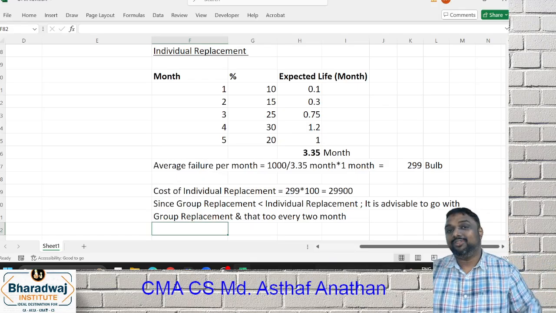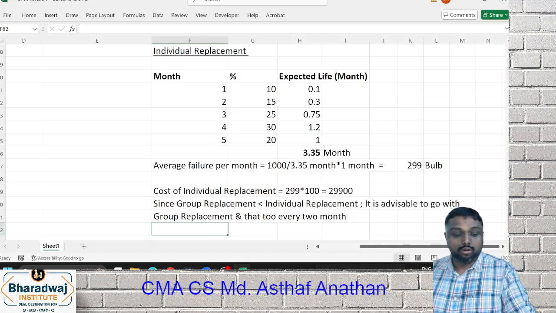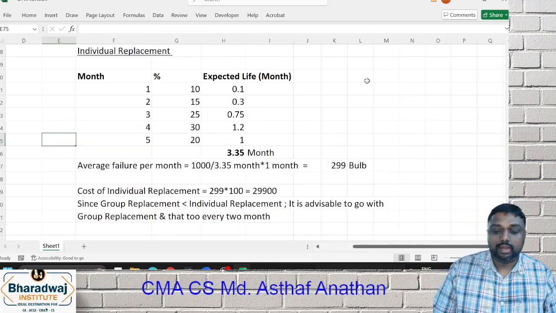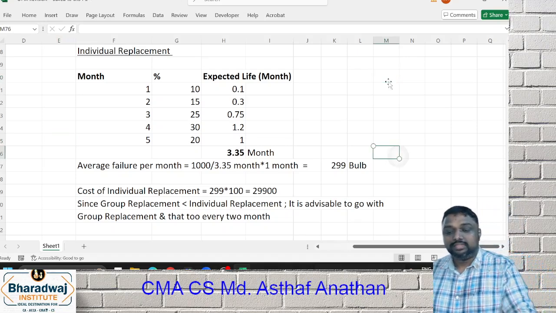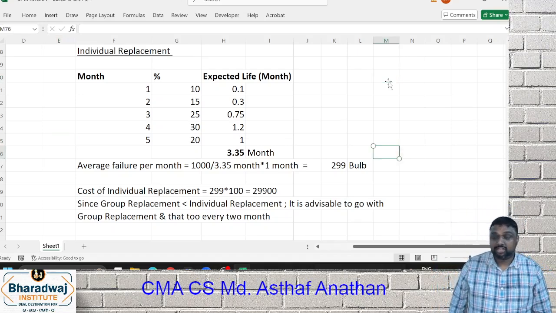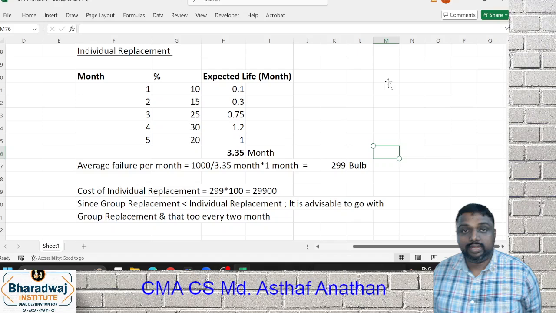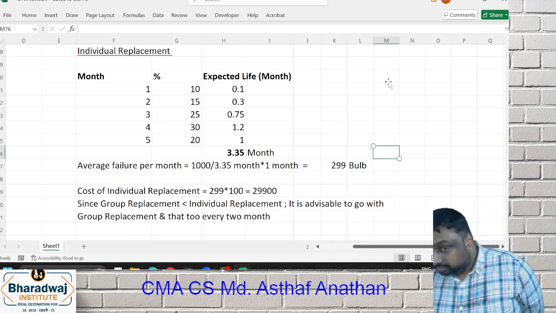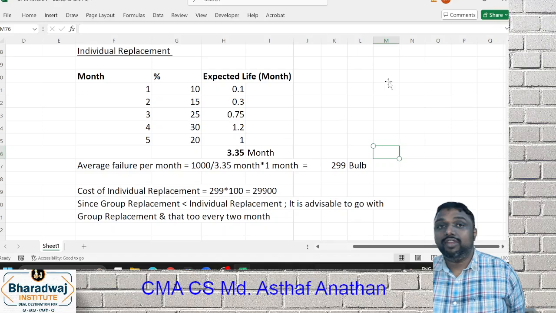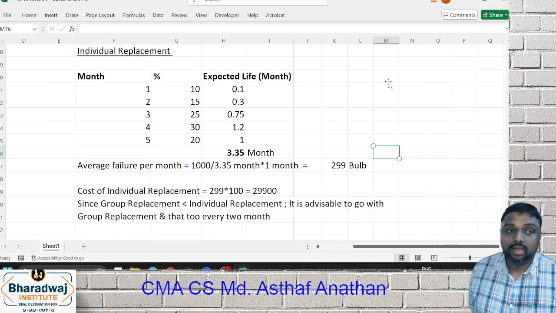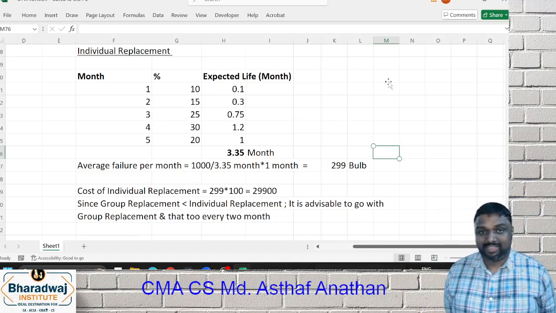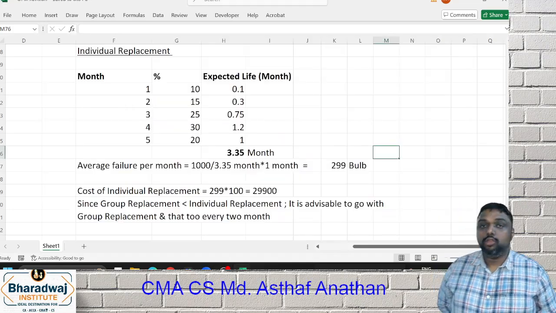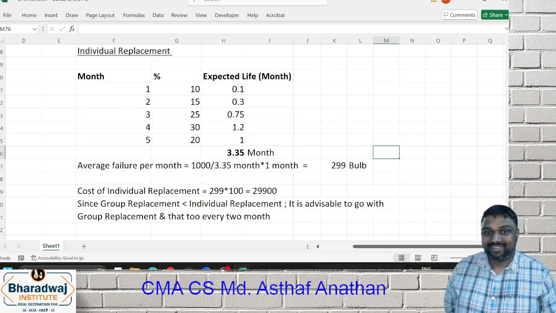So we have done, my dear friends, all the types of question in this repairs and replacement topic. This is a 7 mark area which comes in your exam. Any type can come: earlier model machine, group replacement, or even preventive maintenance versus replacement type questions can be expected. So please prepare very well. You can score good marks.